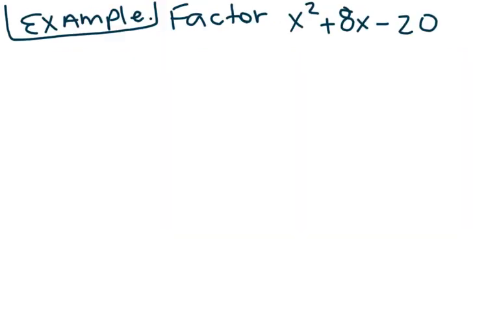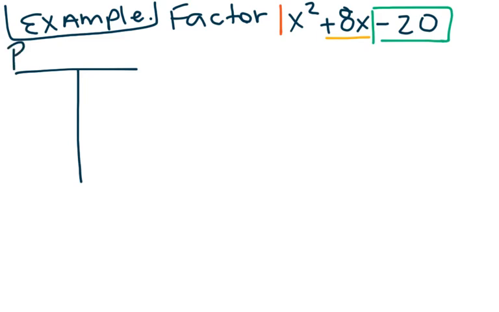All right, so they want us to factor x squared plus 8x minus 20. We need to first identify if we're using our product sum method. Well, yes, we know we're using our product sum method because our a value is 1. So we can go ahead and use our product sum chart, identifying that our b value, which is our sum, is going to be our middle term, most importantly, the 8, and then our C term, which is going to be our minus 20. Okay, make sure that we keep that sign with it, and that is the term we're going to be using for our product. So let's create our table,